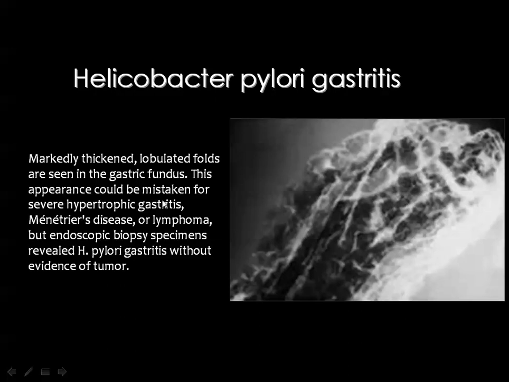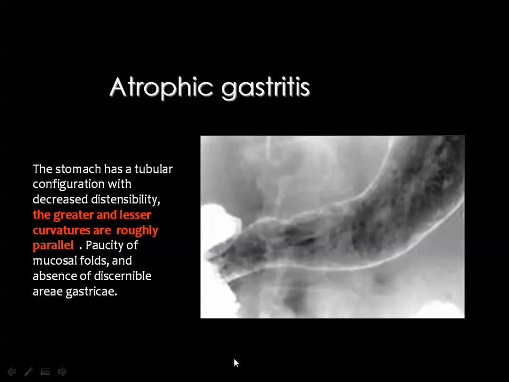Then this appearance may be mistaken for hypertrophic gastritis, Menetrier disease, or lymphoma. And as I have mentioned, you need the help of endoscopic biopsy to confirm the diagnosis. And this is an easy diagnosis where you can see a severe atrophy of the gastric mucosa and the relative narrowing of the gastric lumen, so that the lesser curve and the greater curve are almost parallel to